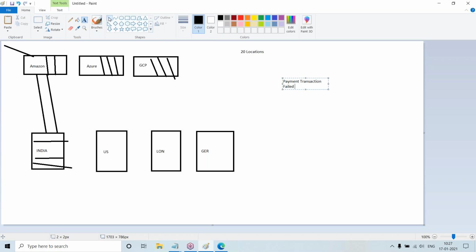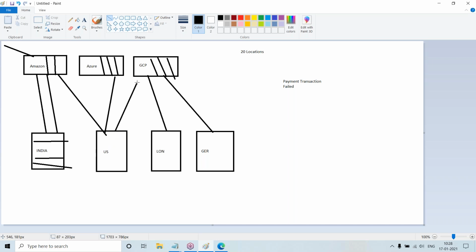You tell me how easy it is to nail down and identify the issue. Yes or no? Here in US, I can have my instance pinned in Amazon, Azure, and GCP. Something like that. Got it?